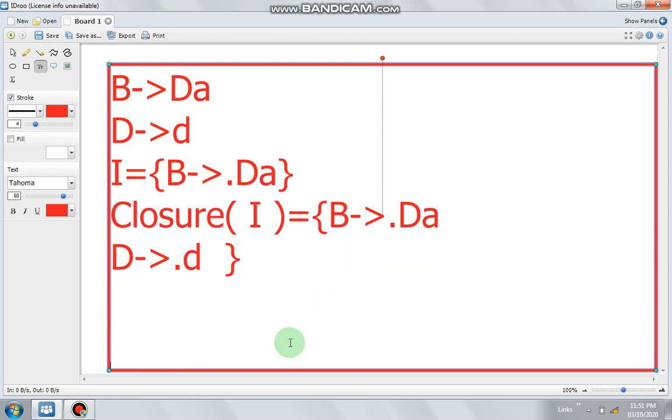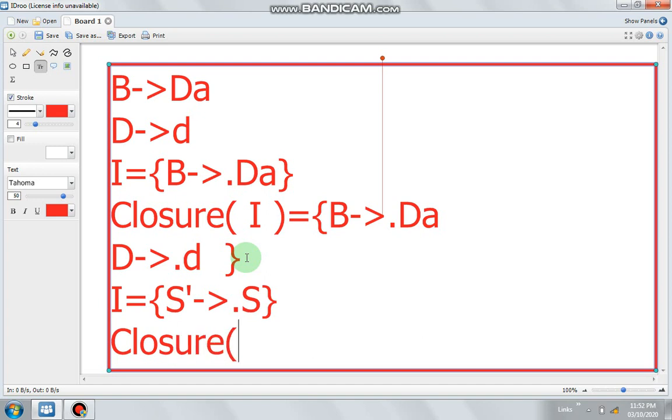Let's take one more example. Suppose I equals S dash derives dot S. So what would be closure of I here? Closure of I equals, first of all include this LR0 item itself.